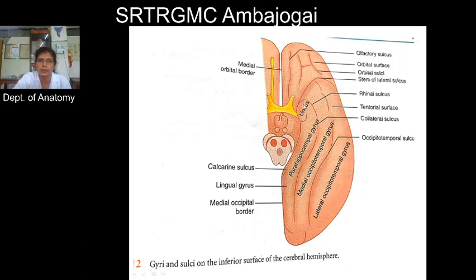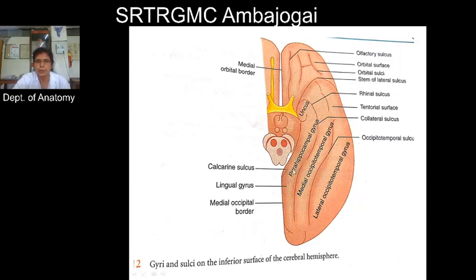So this uncus is a hook shaped part of temporal lobe which is separated from the temporal pole by this rhinal sulcus. Then the other sulcus is the occipitotemporal sulcus, and these two sulci divide this